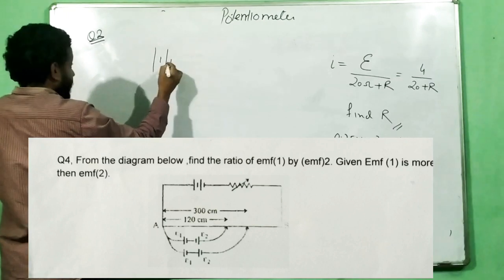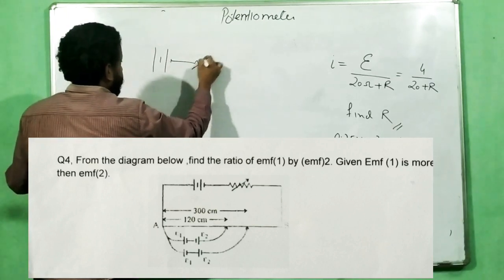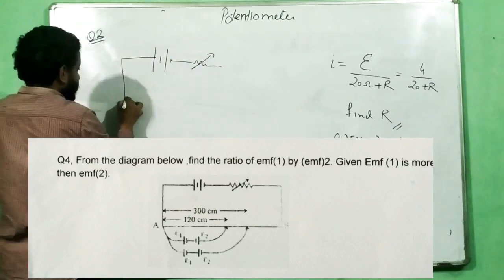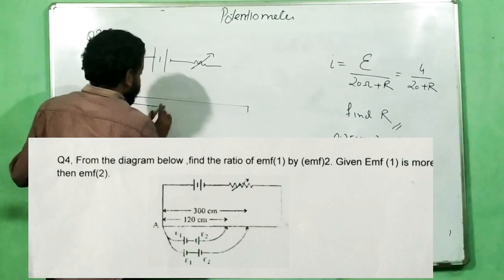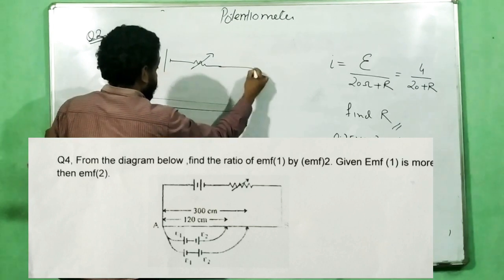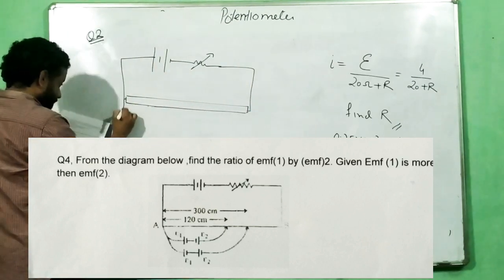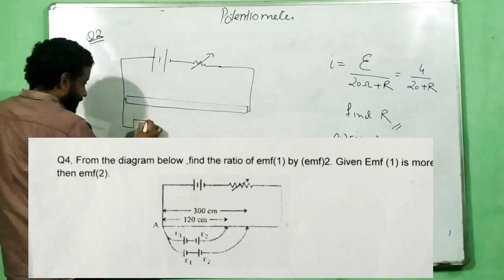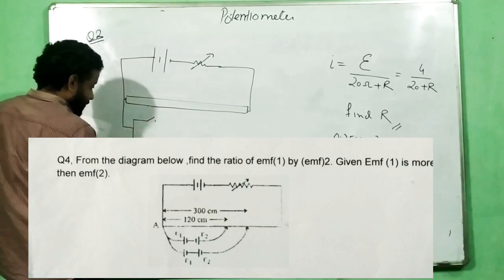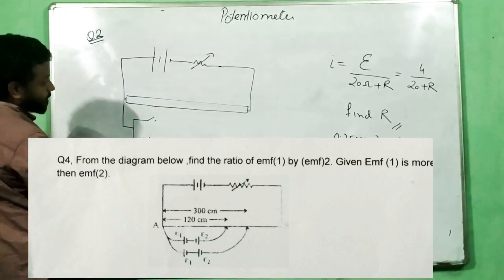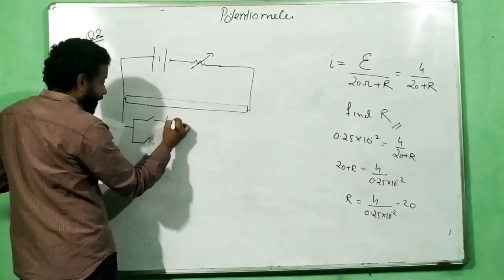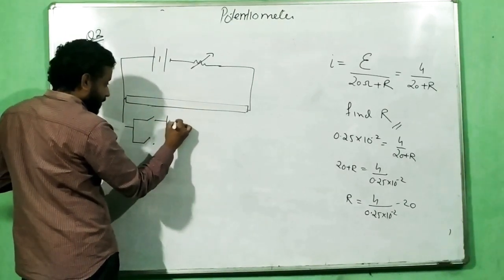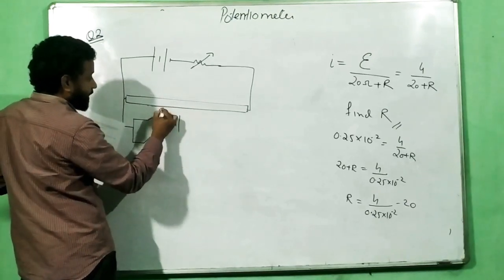So you have a circuit like this. There is a variable resistance over here, and this is your meter bridge, a potentiometer board over here, and there is an interesting part over here. There is one switch over here, and there is another switch over here. In the question there is no switch, but you can put a switch over here so that it becomes very clear to you. And you have two EMFs which are connected with opposite polarity.